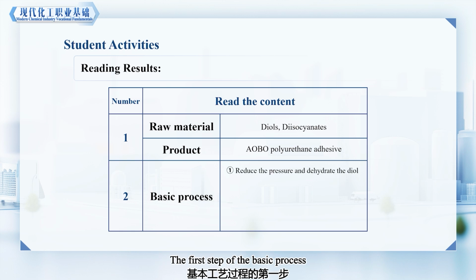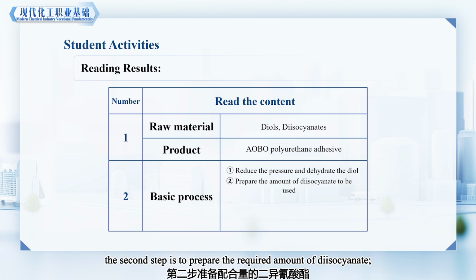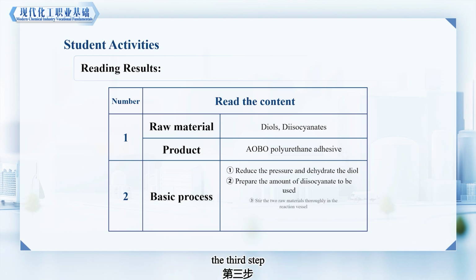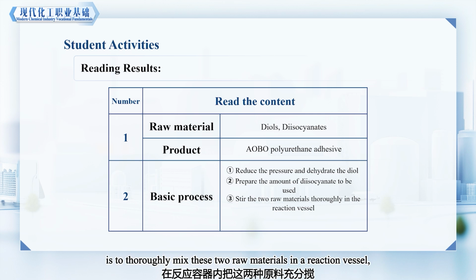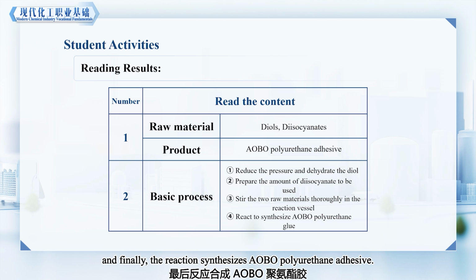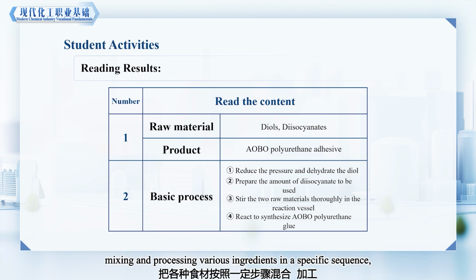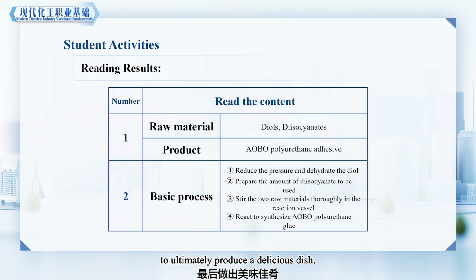The first step of the basic process is to reduce pressure and dehydrate the diol, removing the water to prepare for the subsequent reaction. The second step is to prepare the required amount of diisocyanate. The third step is to thoroughly mix these two raw materials in a reaction vessel, and finally, the reaction synthesizes AO/BO polyurethane adhesive. The entire process is like cooking, mixing and processing various ingredients in a specific sequence to ultimately